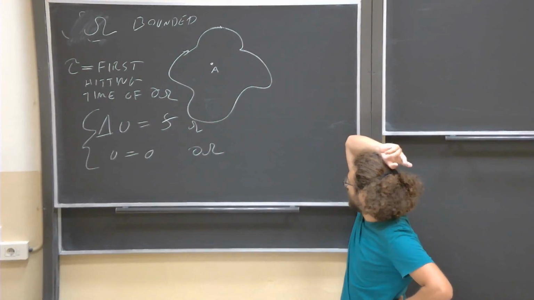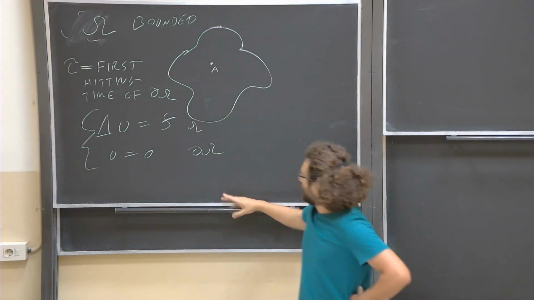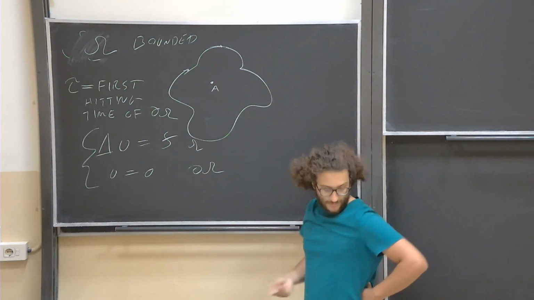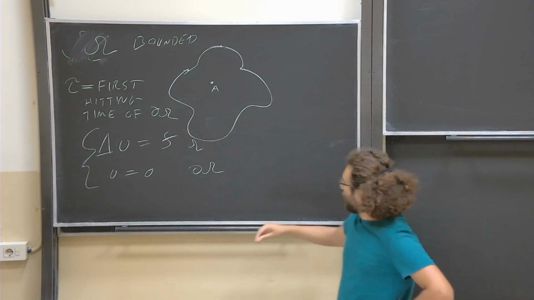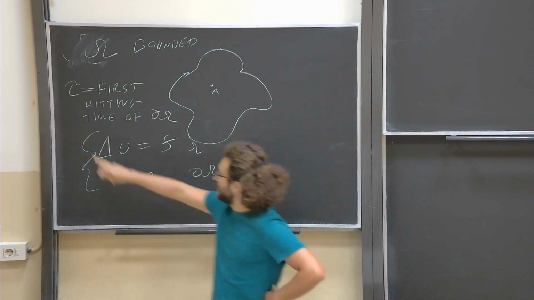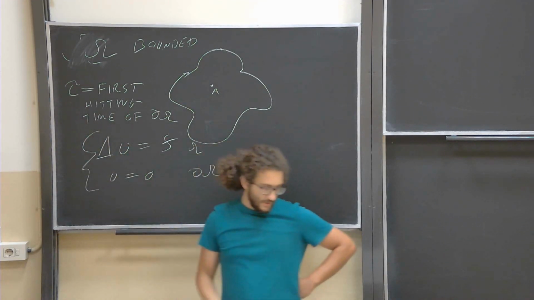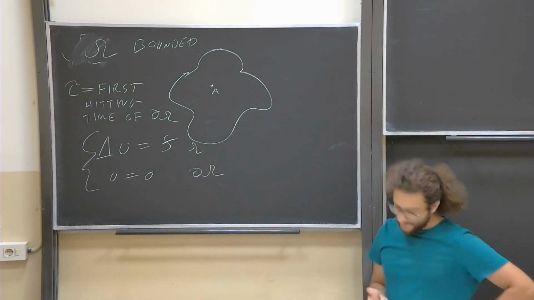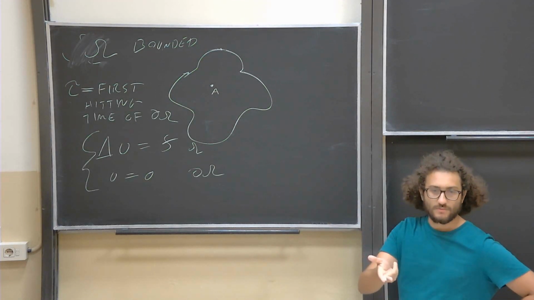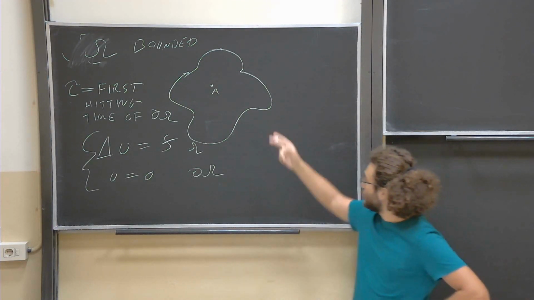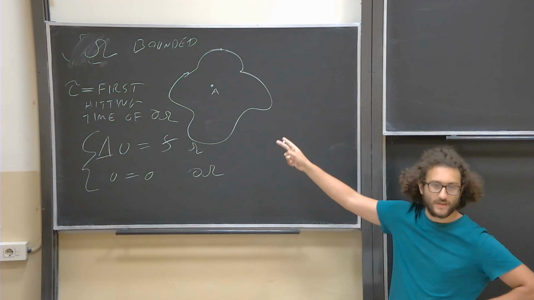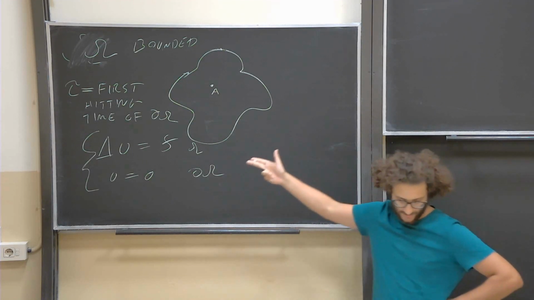Today we will do different things. We will study things from a different perspective. Up until now, we've studied what happens until this time, in some sense. Today, we're interested in what happens after the first hitting time of the border. So what happens to our Brownian motion when it leaves the given domain that we were considering in the beginning.